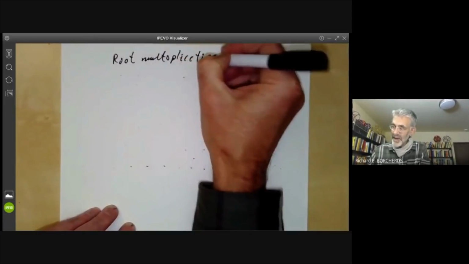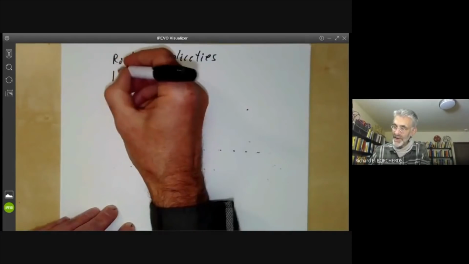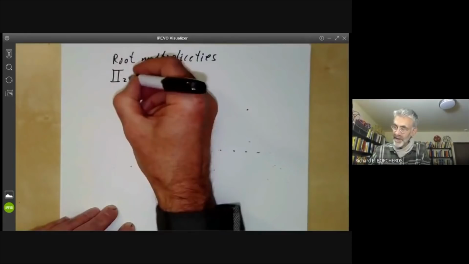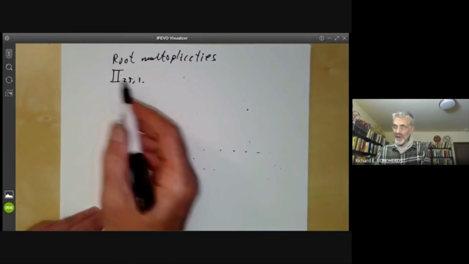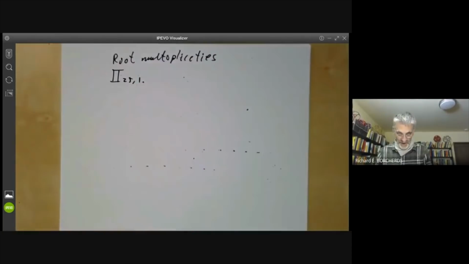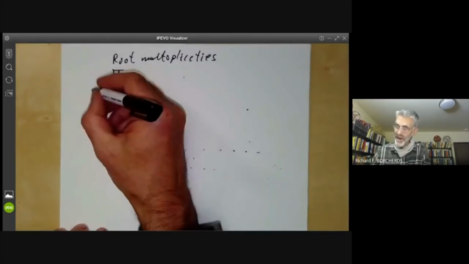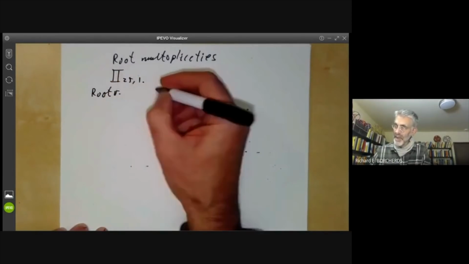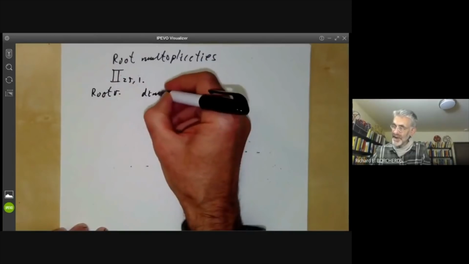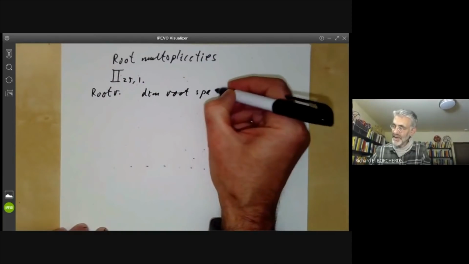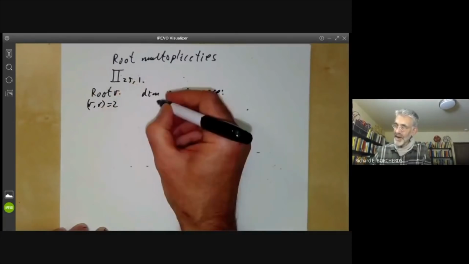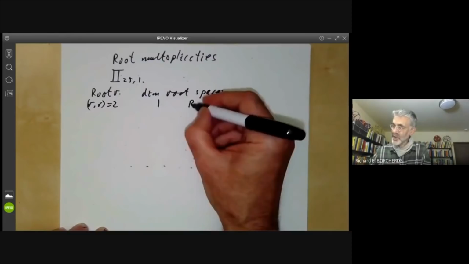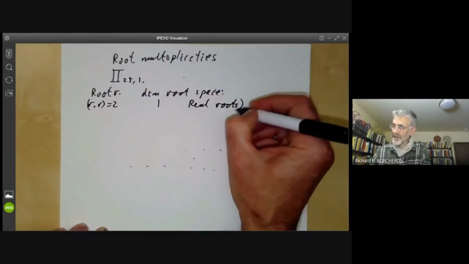So the roots of the Lie algebra are elements of this 26-dimensional Lorentzian lattice. And the root multiplicity is just the dimension of the corresponding root space. You can calculate the dimension of various roots. So if we have a root R, then the dimension of the root space is given as follows. First of all, if R has norm 2, then the dimension is 1, and these are just the so-called real roots, so that's kind of trivial.